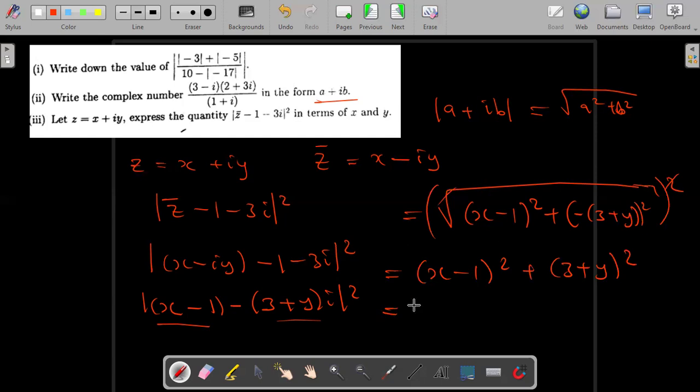So I can expand this where I just have x squared. That will be minus 2x. Then that will be plus 1. Then I will have 9. 9 plus, what do I get there? 9 plus